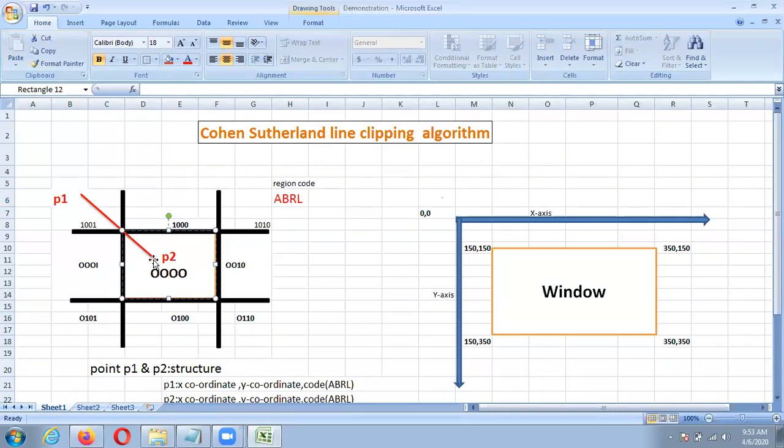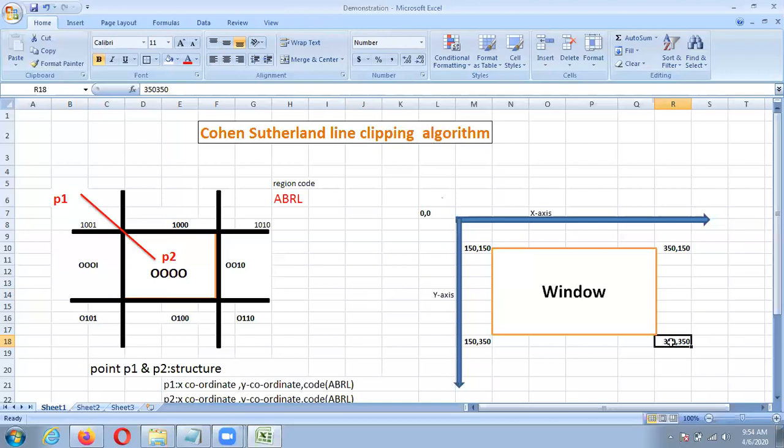For our programming we have already defined this window. The left top can be considered as 150 and the bottom right as 350.